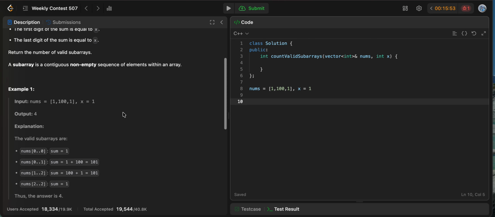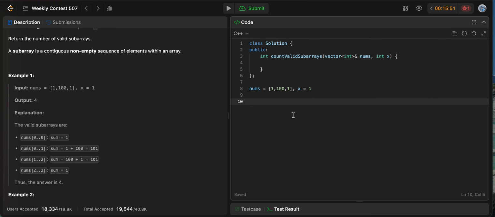The simple check: start from nums 0 to 0, and the sum is 1. Then nums 0 to 1, and the sum is 1 plus 100, which is equal to 101.